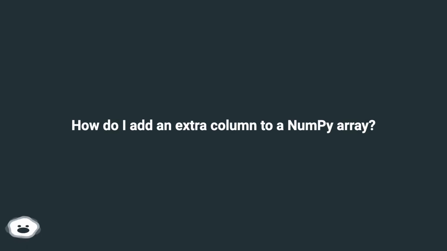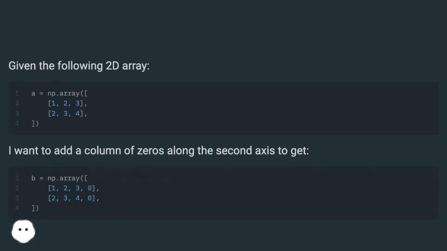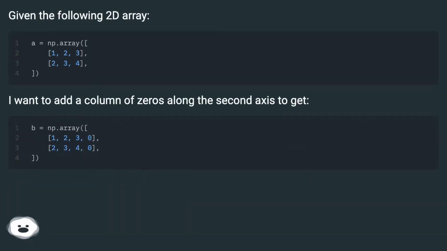How do I add an extra column to a NumPy array? Given the following 2D array, I want to add a column of zeros along the second axis to get